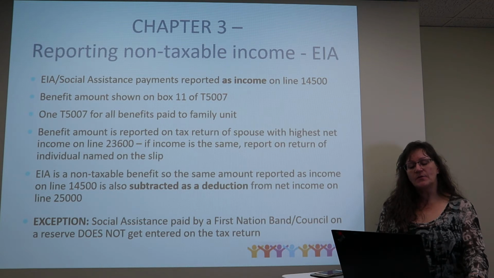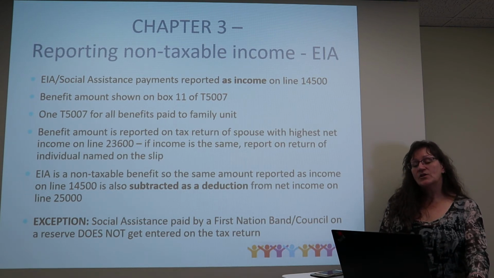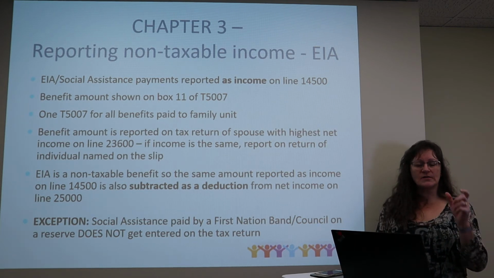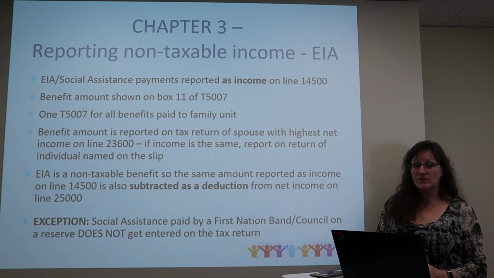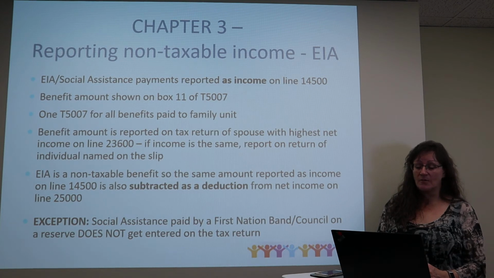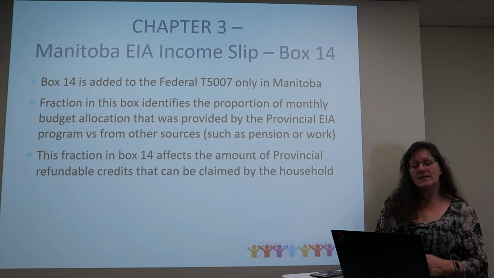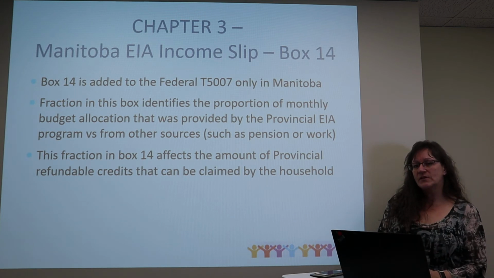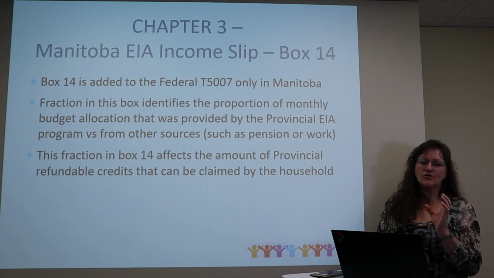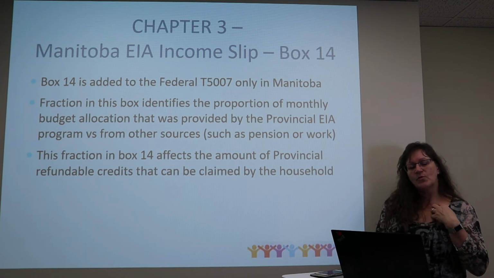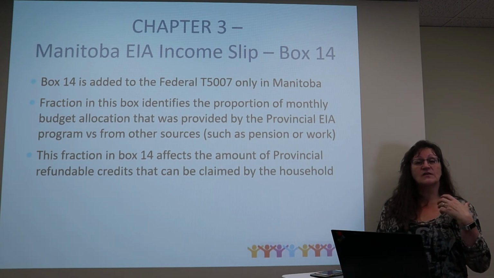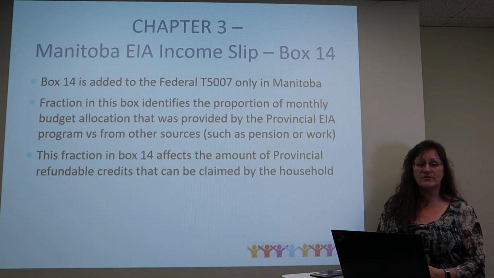So the EIA slip T5007 is actually a federal slip. However, in Manitoba, there is an additional box added to that T5007 slip that has a substantial impact on the potential refunds for clients here in our province. That box is added separately on the far right side of the T5007. What is reported in there is a fraction, and that fraction represents the proportion of monthly budget, essentially, that EIA has said is still available to be received as part of the tax